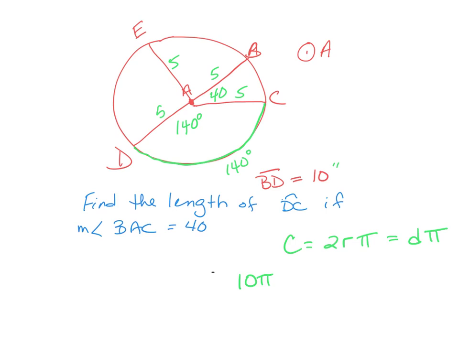Okay, so 10 pi is the circumference of the whole circle, but they want to know the distance between D and C. What is the angle associated with D and C? How much is that measurement angle? 140. So that portion of the circle is 140 over 360, isn't it? Because 360 is the whole circle. So you're going to multiply that fraction by 10 pi to find the length of that piece. And what do you get? 12 point what? 28. So the length of DC